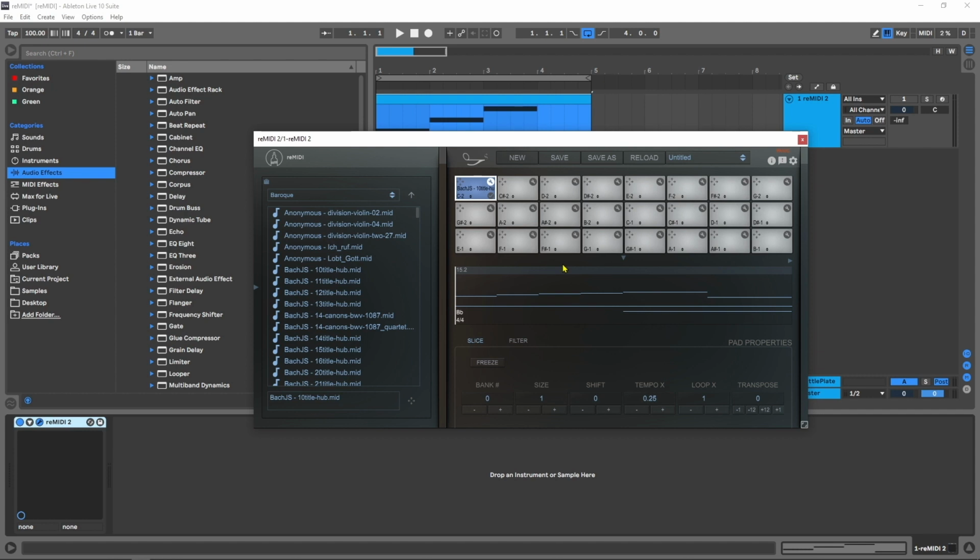They've just released the second version with a lot more features. I did do a more in-depth video tutorial on the first version, so if you want to check that out, I'll leave a link to that in the video description as well. But essentially, we have a library of music that's in the public domain that has been transposed into just MIDI performances. So here I have Bach, and if I press a key on my keyboard,